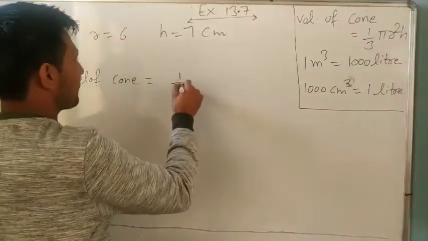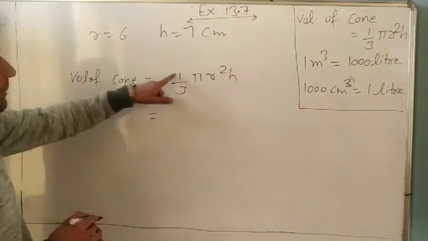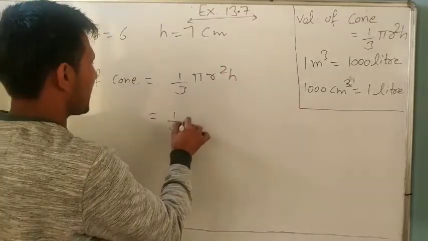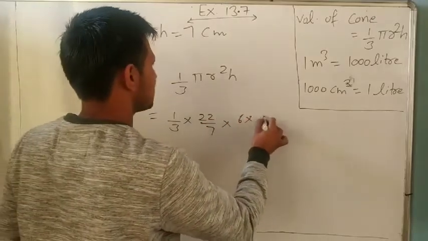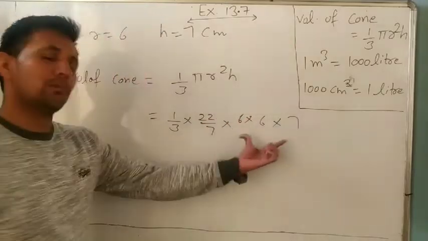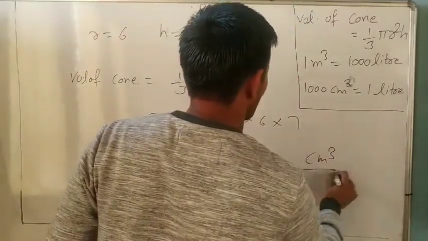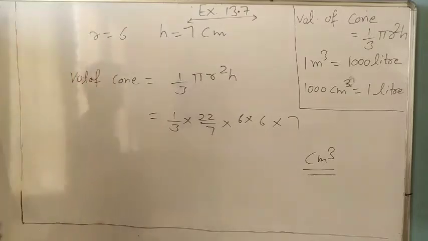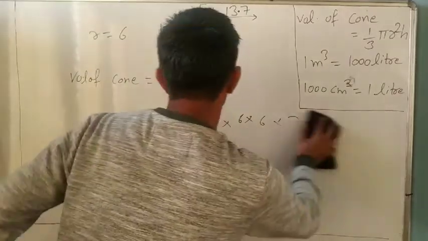Volume of cone 1 by 3 pi r square h. 1 by 3 we know, pi 22 by 7, r 6 into 6, h is 7. And multiply it, and what answer will come? It is coming centimeter cube. It's a volume. So do yourself, only you have to multiply in first question. Okay. Next